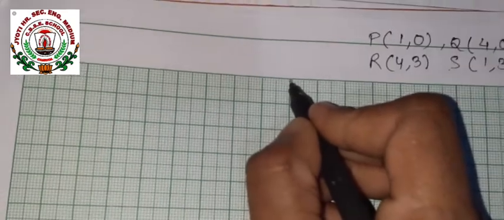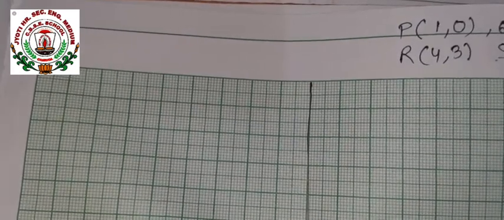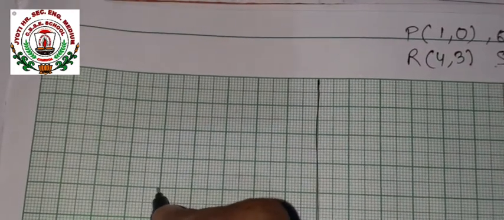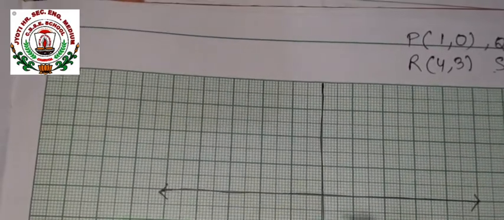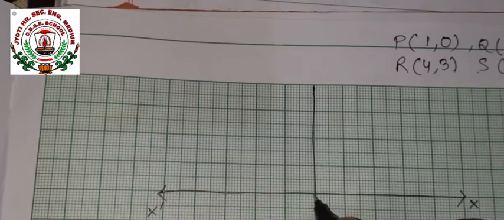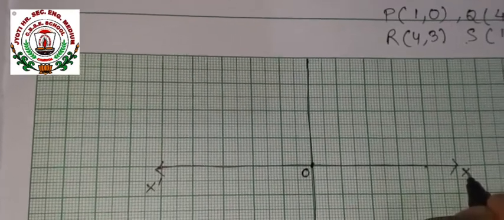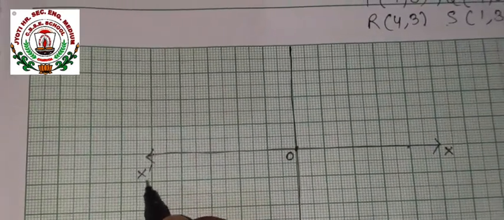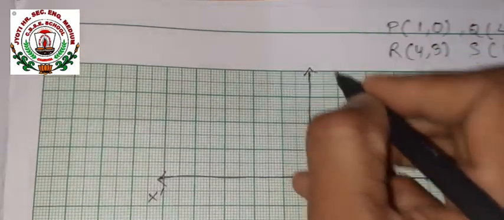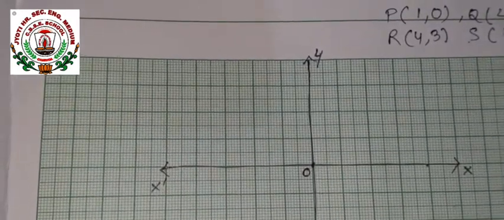Now first, draw the y axis, and then go for the x axis. Use scale and pencil only. Okay, this side x, this side x dash, because left from the center, this is the center, origin O, to the right it will have positive values, that is why x, and to the left side it will have negative values, that is why x dash. Same way in the y axis also, this side it will have positive values, so this is y, and down side it will have negative values, so y dash.